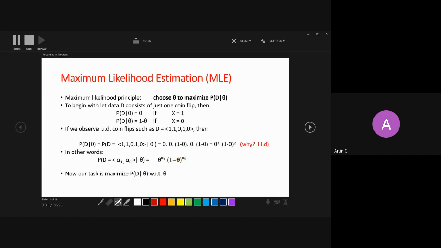Can anybody quickly tell me what our likelihood function is for this? We have just drawn it in our labs also. What is the likelihood function for this? What is the variable for this likelihood function? You can answer me and I will bring it to the point. Just bring in the knowledge which you had before. Theta. Theta, very good.